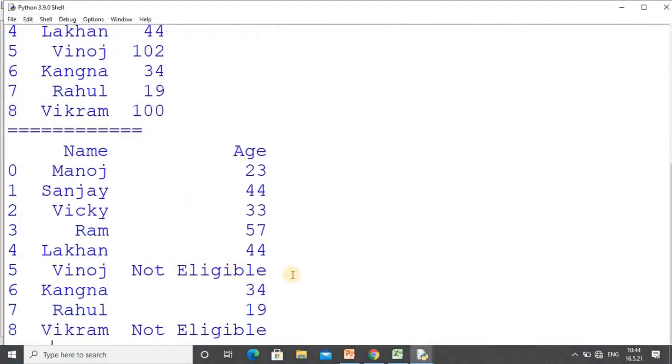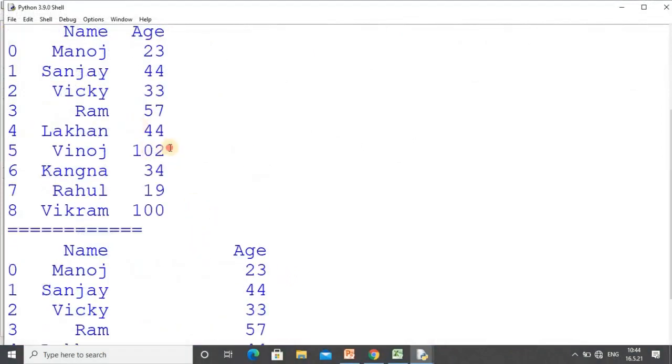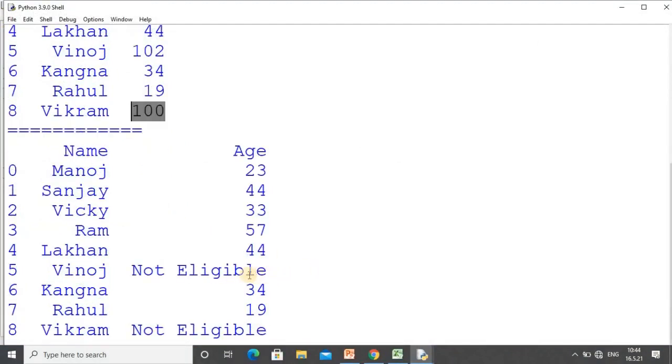You can observe that in these two records the age is greater than or equal to 100, so we are getting the message not eligible. This concept is more helpful if you have thousands of records, because you cannot check one record at a time. You can simply put the condition, scan all the records, and once you do that, you can easily change your wrong information.